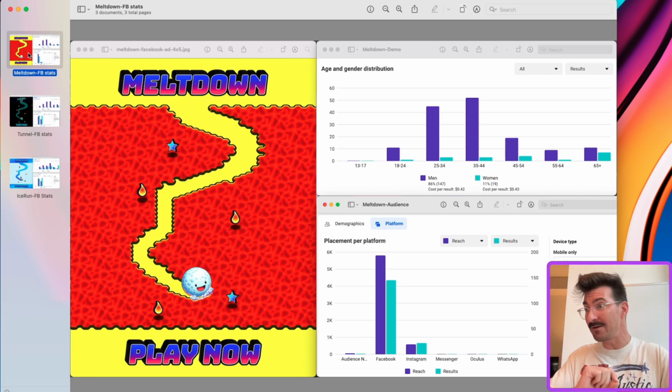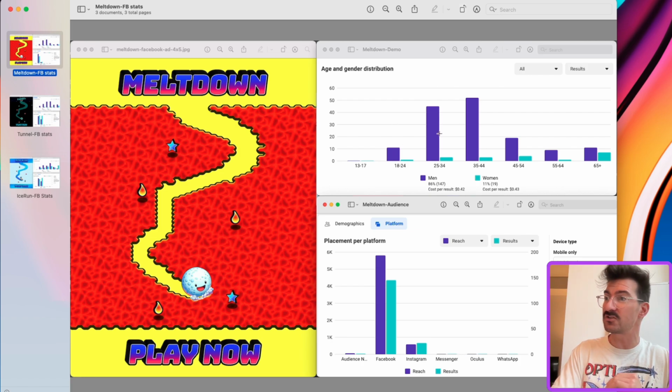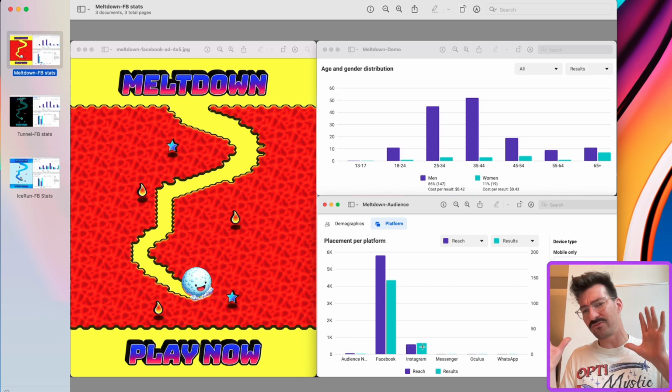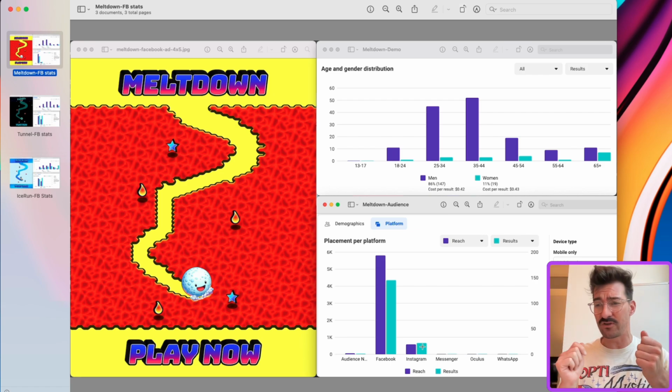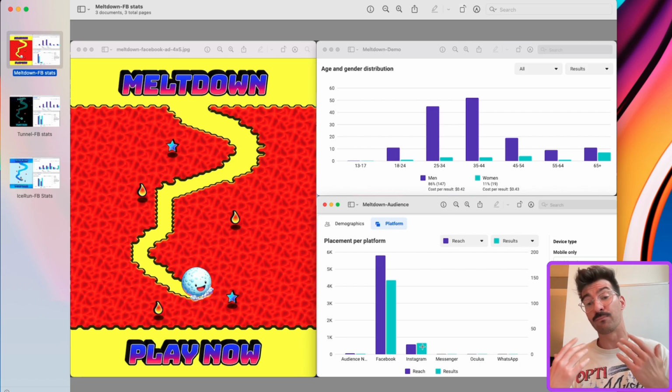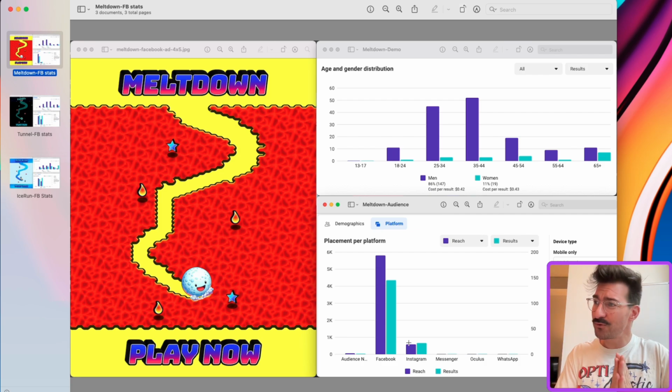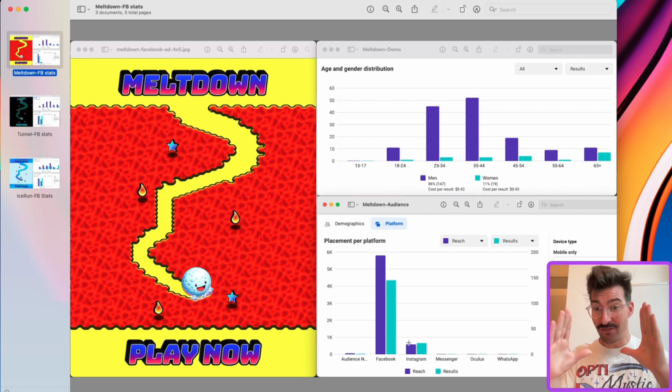And it is predominantly men, 86% men to 11% women, and predominantly in that 25 to 45 age range. You can see this spike here. This is who's interested. And interestingly enough, in terms of platform placement, really strong on Facebook, not so much on Instagram. Hard to know exactly what algorithm things are being tweaked in the background as to where Facebook chooses to show this. So we can only make some assumptions around why the response was so much stronger on one versus the other, and why the reach is so much smaller on Instagram. But what we know is Facebook, men, 25 to 45, that is our demographic. Nice and targeted, some really good information here.